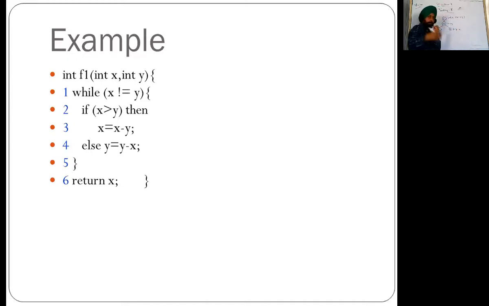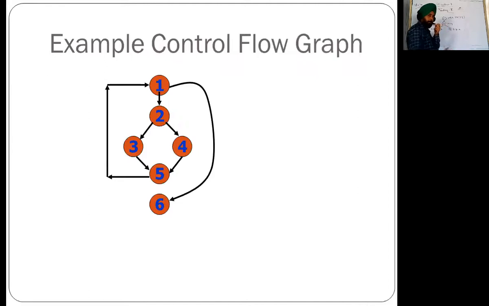Again, come to that. Then it will return x. That is where the loop ends, so this shows the end of the loop here. So it has made 3 graphs. You can make a cycle like this also. And when the while condition goes false, then we have to come out of the loop and we have to return at 6, which is return x. So just see how to make the graph from the statements.